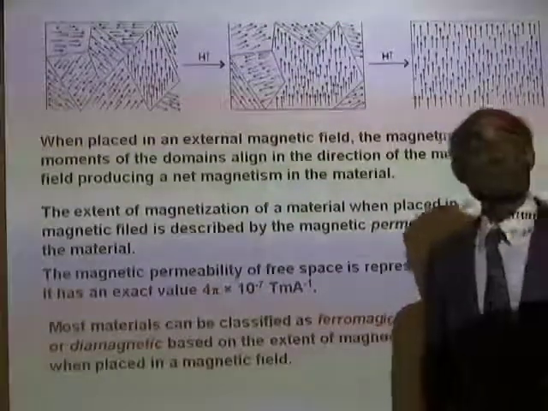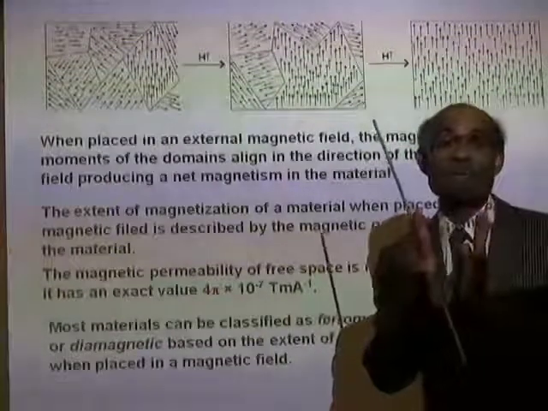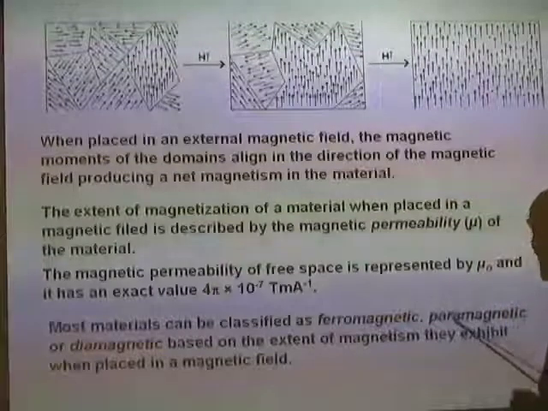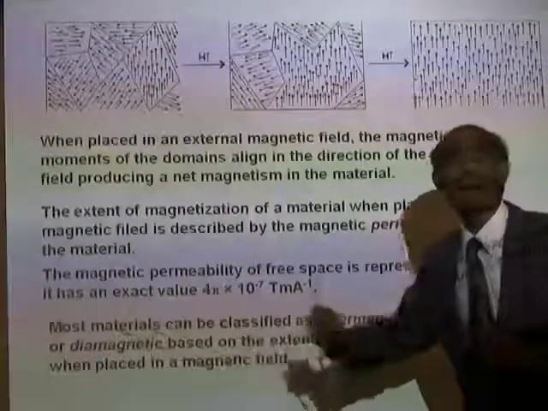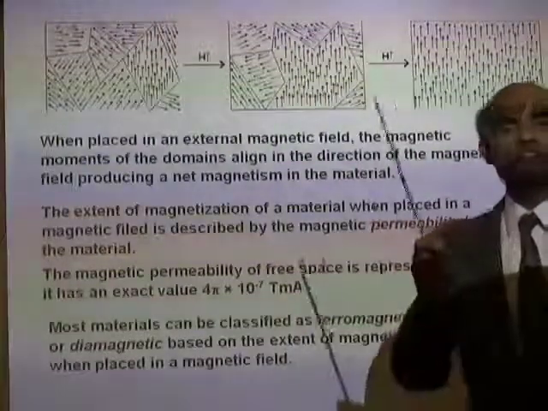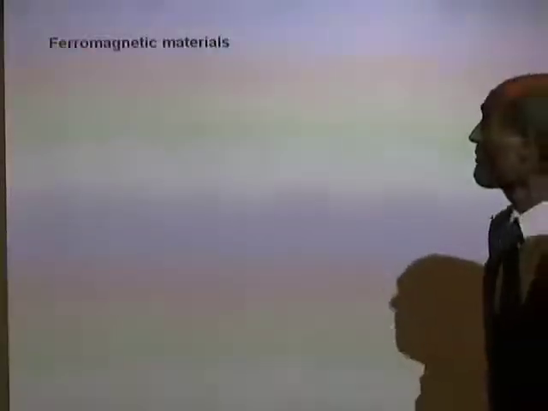Now, most materials can be classified based on their magnetic properties as ferromagnetic, paramagnetic, and diamagnetic. Well, we will look at each of these briefly before we move on. Alright, what are ferromagnetic